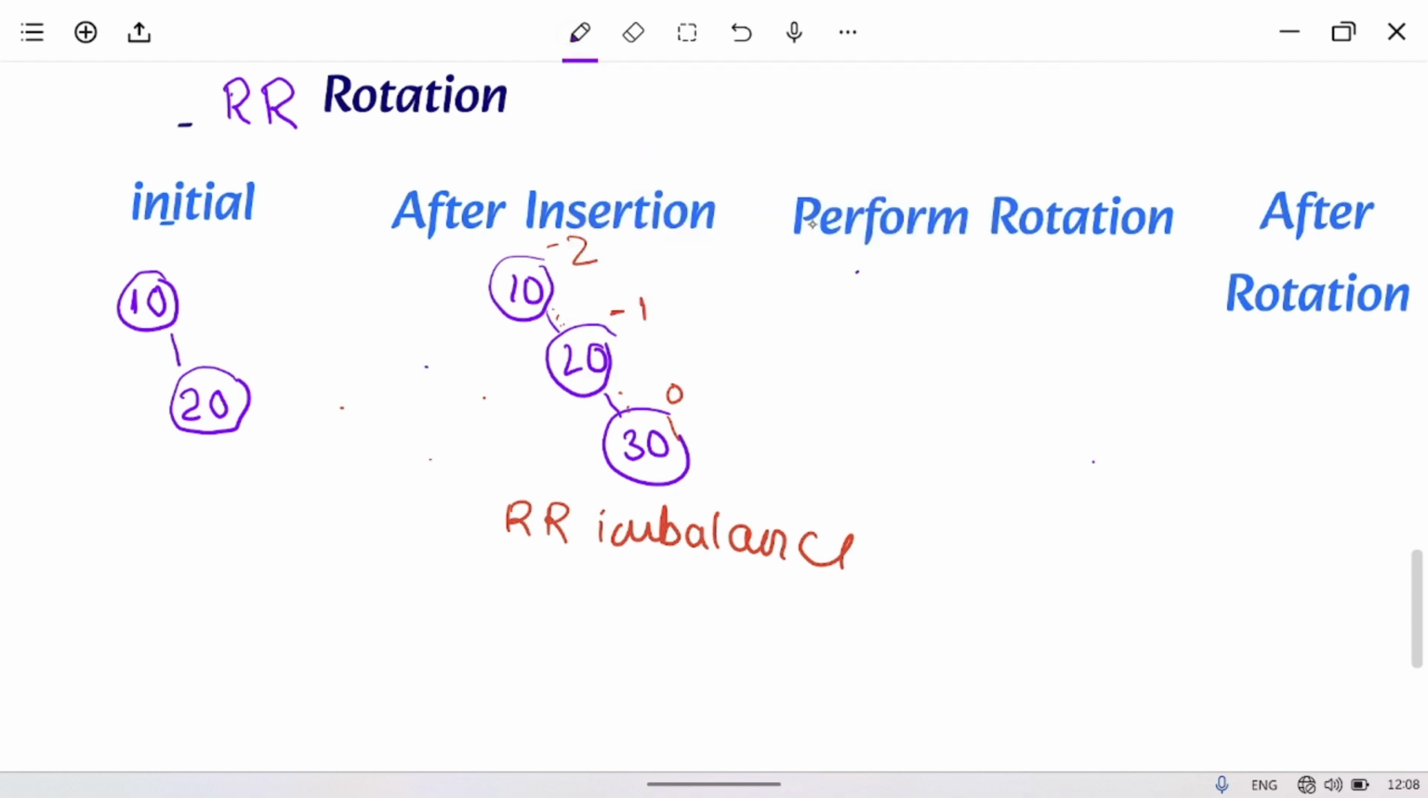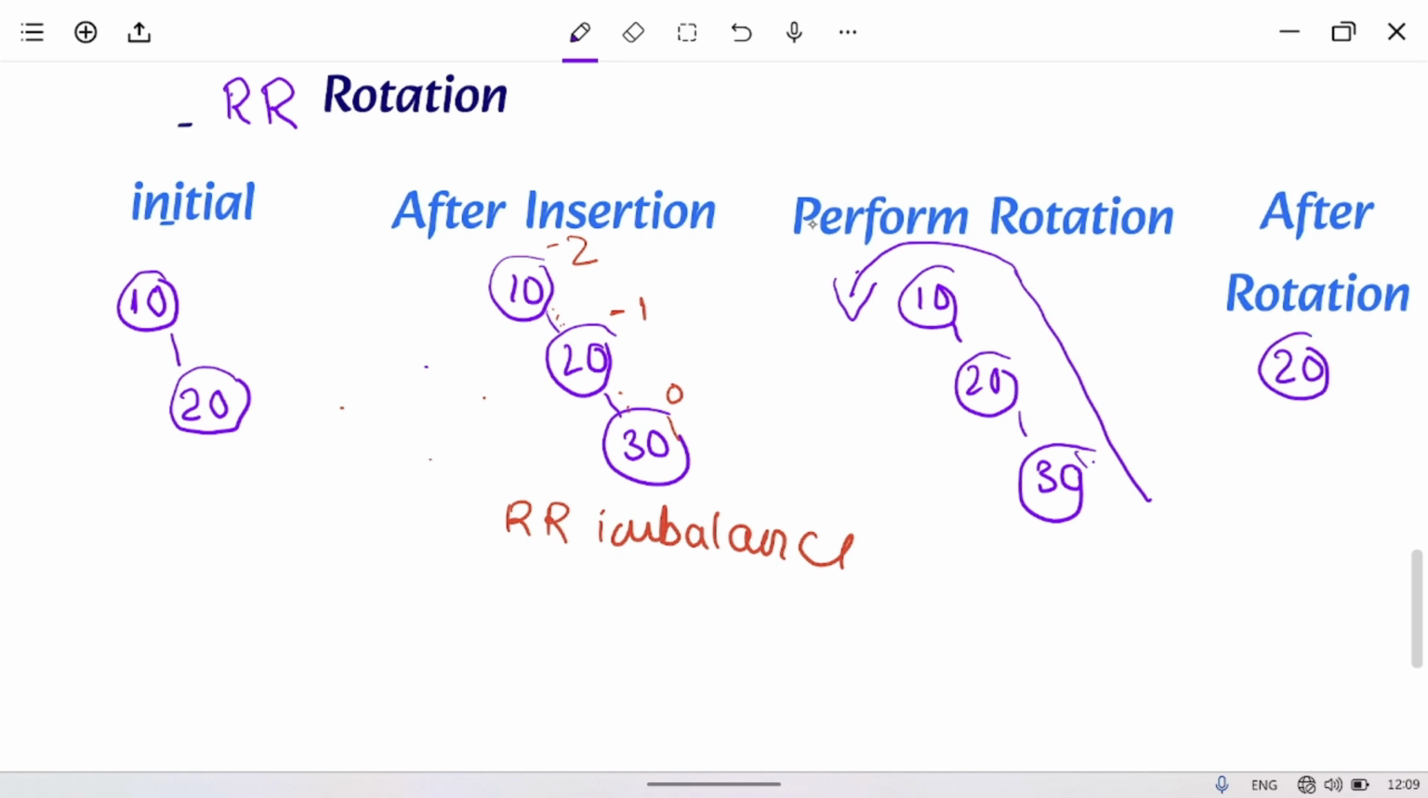The tree is 10, 20 and 30. Okay, this is imbalanced due to the right side, so we will perform left rotation on it. Okay, how will rotation be performed? Like this. You can assume it as a string. We will pull this string or move this string so that 20 will be the root node. So 20, 10, 30. Its name is RR rotation